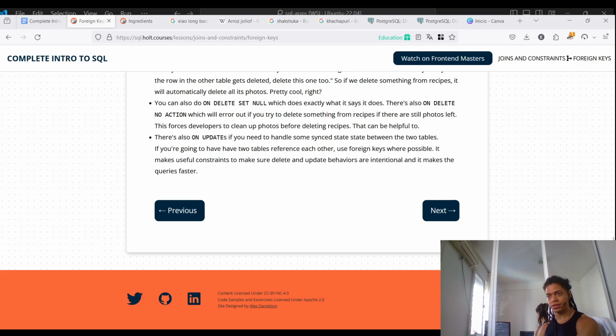Oh, you missed a comma. Exactly. So what this line is asserting is the primary key of this table is the combination of recipe ID and